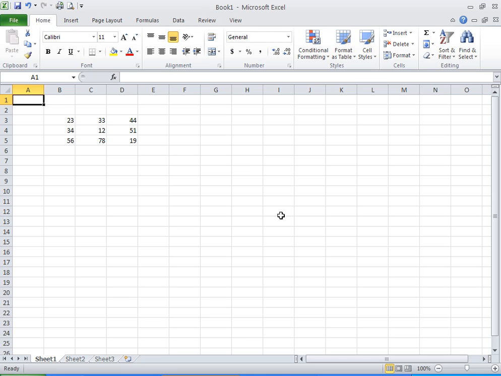Okay. First off, we're going to start talking about how to enter formulas and functions in Excel. First thing is you always want to select where your answer is going to be. It doesn't matter what operation you're doing, multiplication, division, addition, subtraction, whichever one you're doing, you always want to select the cell where your answer is going to be. In this case, I've entered a couple numbers right here already. We are going to put our first answer in cell E3, so we're going to click on that to make